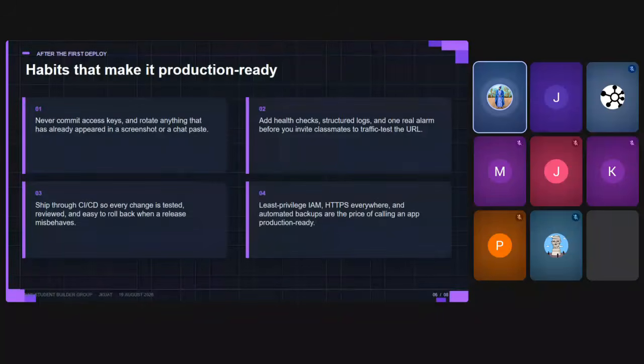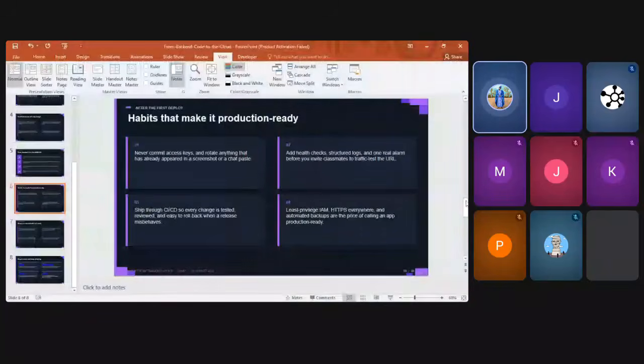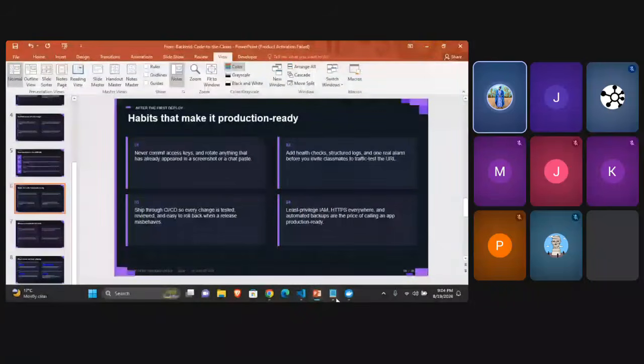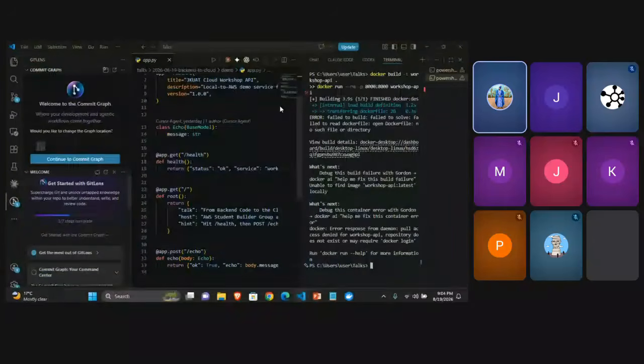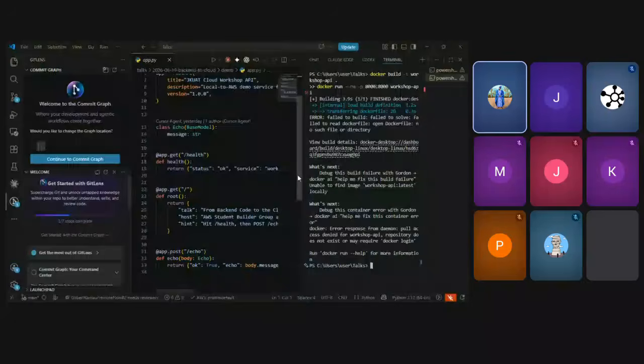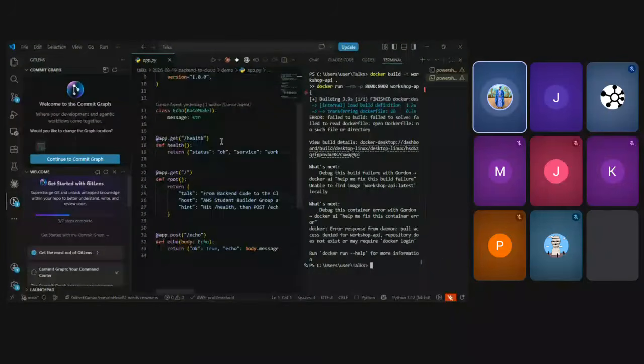For example, what we have here is just boilerplate. This is just common. So you need to add, let's say, a check-in.